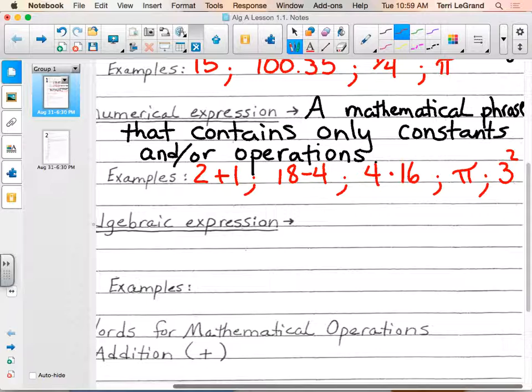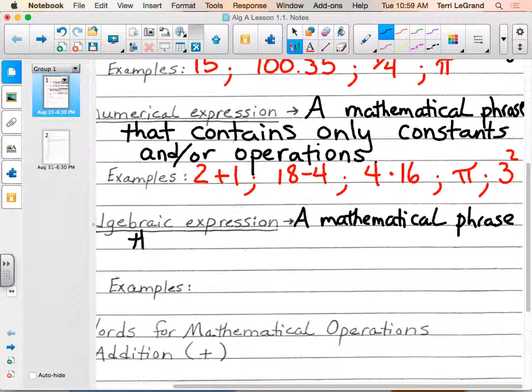A mathematical expression, or phrase I mean, a mathematical phrase that contains variables, and we can just say variable or variables, because it doesn't have to have more than one variable, it can just have one variable in it. So a mathematical phrase that contains a variable or variables